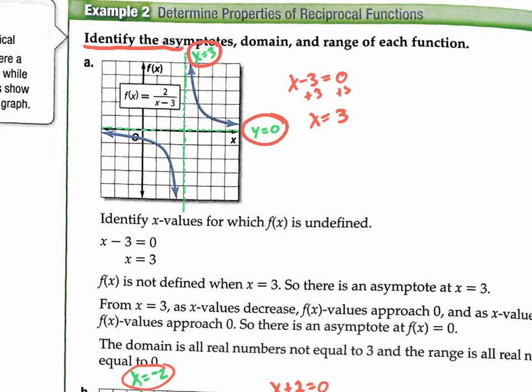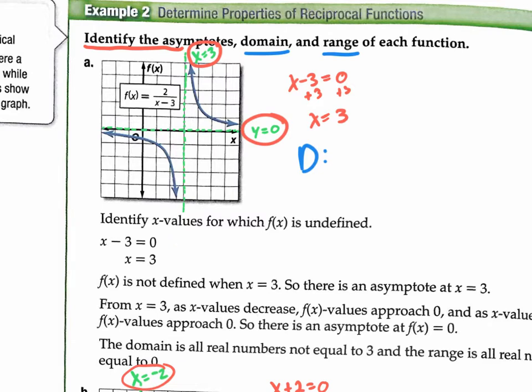But then after that, they wanted us to state the domain and the range of each function. So let's state the domain. You're going to put D. And what about the domain? What about the x values? Do these graphs go to the left forever? Yes, it does. Does it go to the right forever? Well, not this one exactly, but this one does. So the x values really do exist everywhere on this side and everywhere on that side, except for that single value of x equals 3,